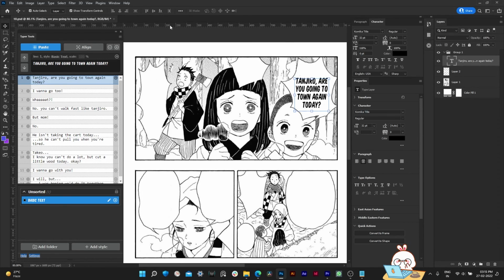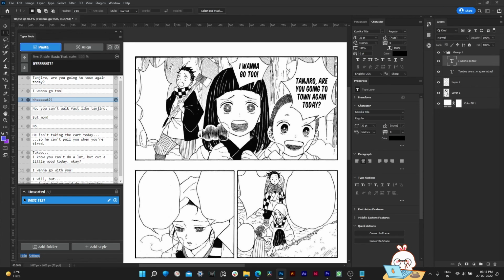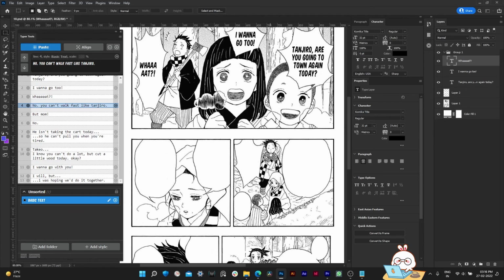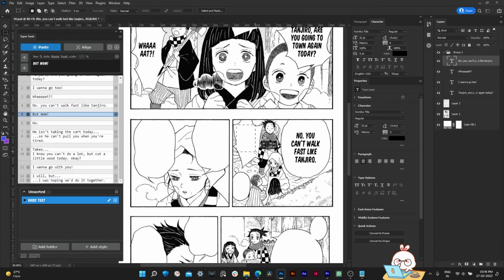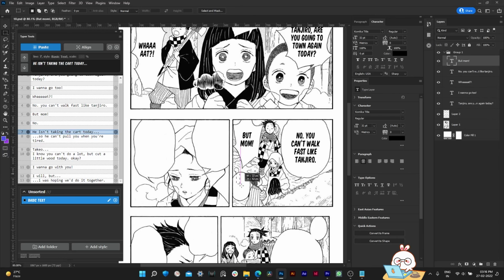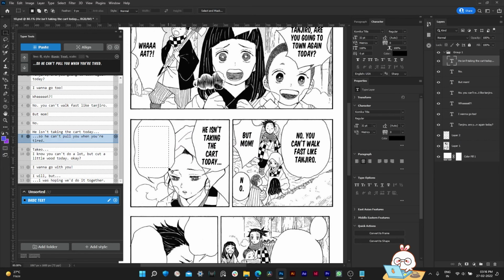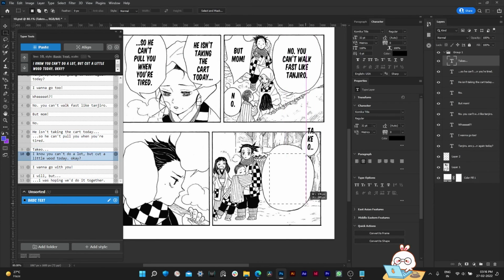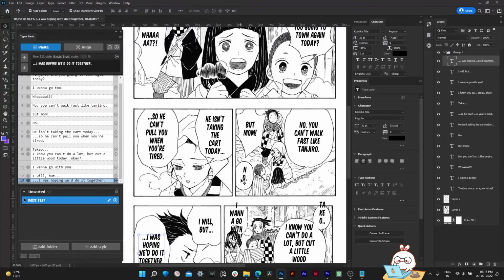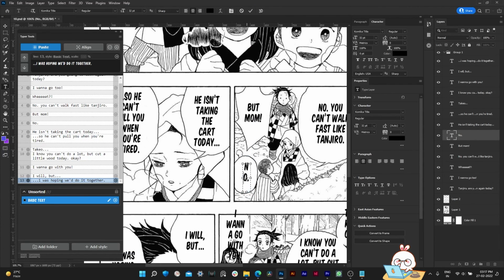Now, to fill the text box, select the rectangular marquee tool and make a selection inside the text box. Jump to the text line you want to insert and just click on the button. Once pasted, it will automatically jump to the next line. You can also use the shortcut, Windows plus Control key to paste the text. This extension works similar to the Photoshop actions. If you miss some parts, you can always come back and do the final adjustments.